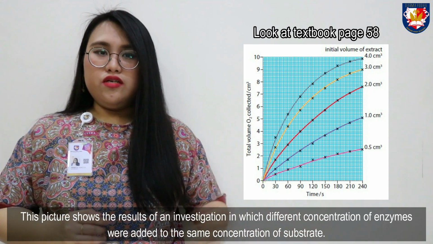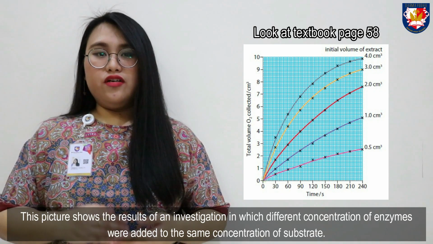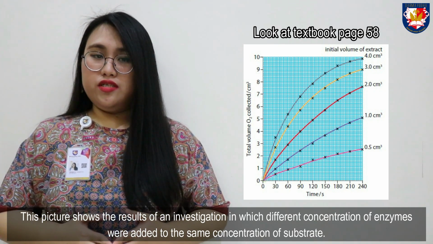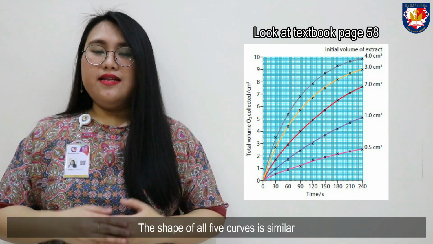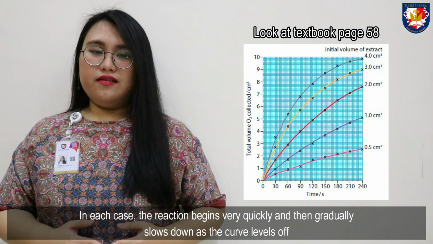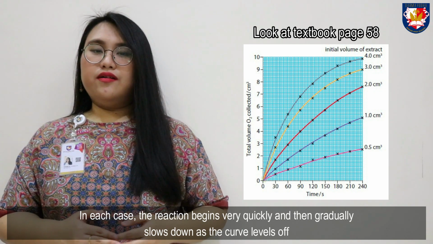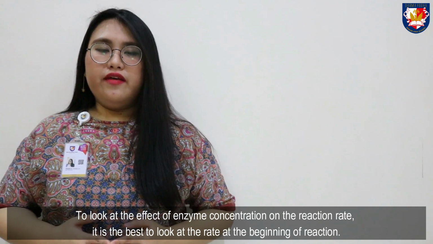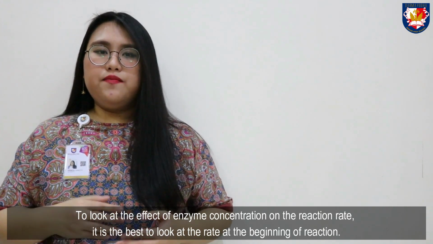This picture shows the result of investigations in which different concentrations of enzymes were added to the same concentration of substrate. In this picture, you can see the shape of all five curves is similar. In each case, the reaction begins very quickly and then gradually slows down as the curve levels off. To look at the effect of enzyme concentration on enzyme activity, it is best to look at